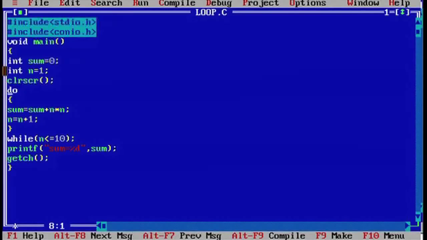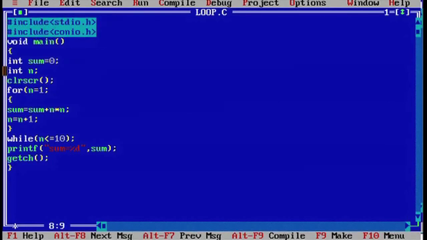Now in this program, if we want to use the for statement, then we have to write the for keyword here, then the initialization part, that n is equal to 1, semicolon. We have to delete the initialization here, and here we only declare the variable n.